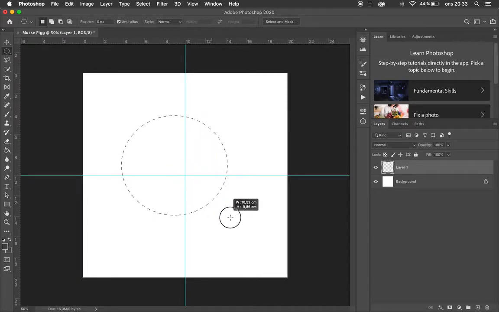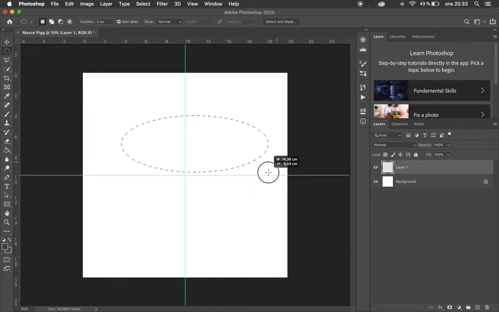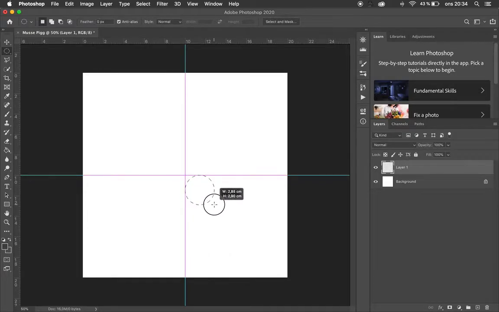So when I drag out the circle like this, it's not uniform. As you can see, it's elliptical, and it starts from my point over here. If I want to create a proportional ellipse, I need to start from the middle of my cross. I click, I hold down my left mouse button, and when I drag this circle